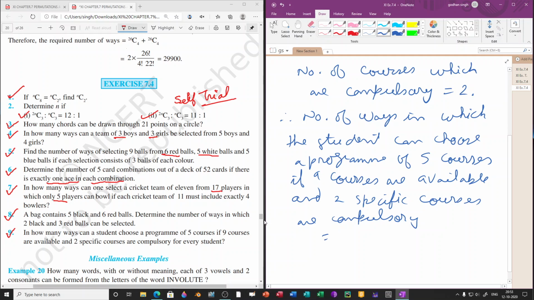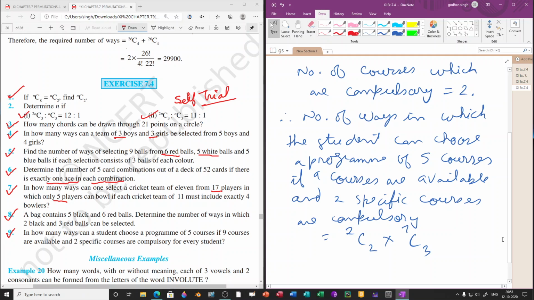so now how many total number of courses are there? 9, but out of that the child has to select 5, and out of that 5 also 2 are compulsory. So first of all, let's take compulsory. Out of 2, 2 are compulsory, multiplied by, now out of 9 courses 2 are already selected because they are compulsory, so remaining are now 7 courses, and the child has to take in total 5 courses, so out of 7 he has to select how many courses? 3 courses, because already he has selected 2 courses, so 3 plus 2 will become 5 courses. So here we'll write 3.